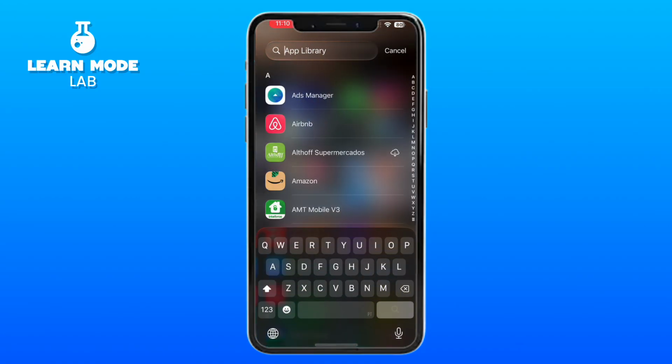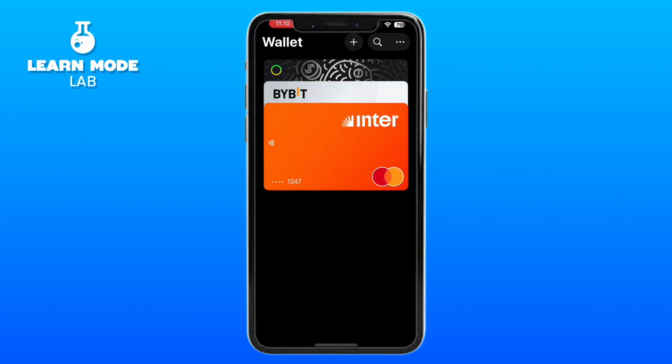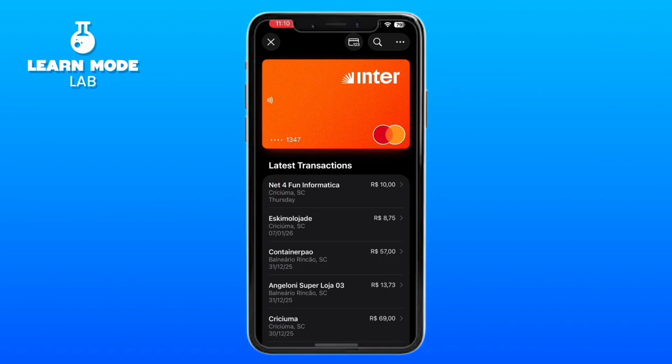So let's come here, search for wallet, and here on the wallet app, what we need to do is select the card itself. Once you click on the card, you should see this button right here, which looks like a card with some numbers. And once you click on this button, this will show your credit card numbers, and then you will have to authenticate. So it's going to ask you for Face ID or your passcode, and it is going to display your card